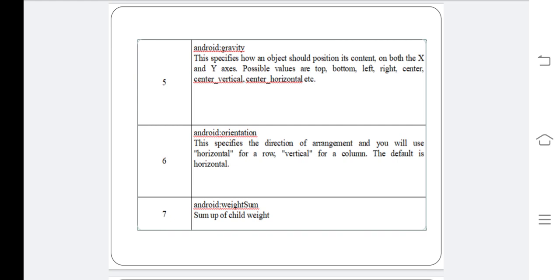This specifies the direction of arrangement and you will use horizontal for a row and vertical for a column. The default is horizontal. Android weight sum, the sum of child weights.